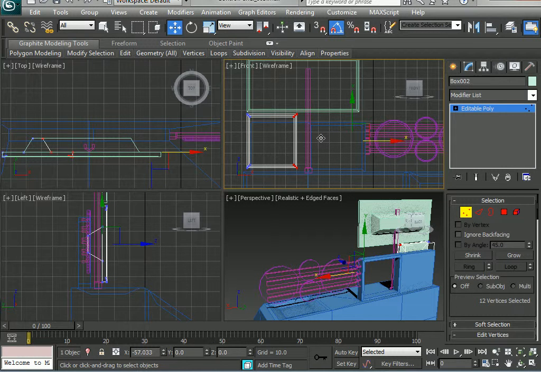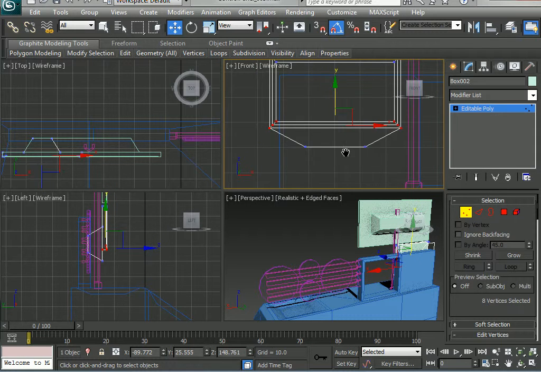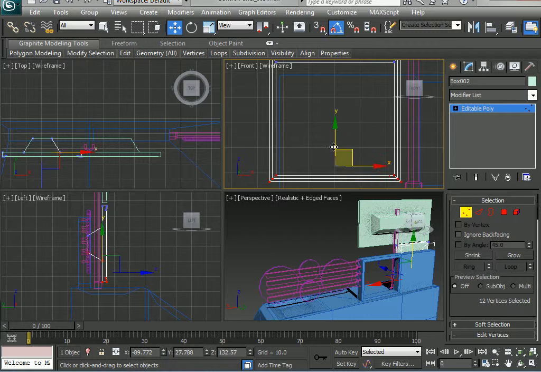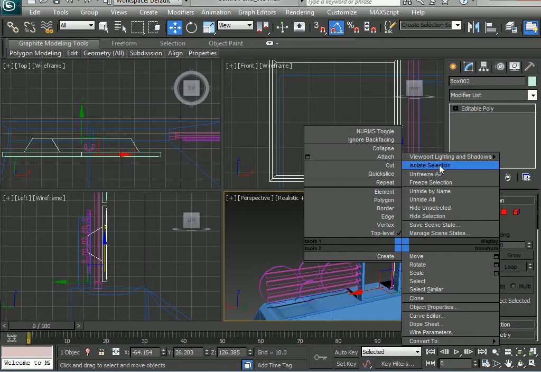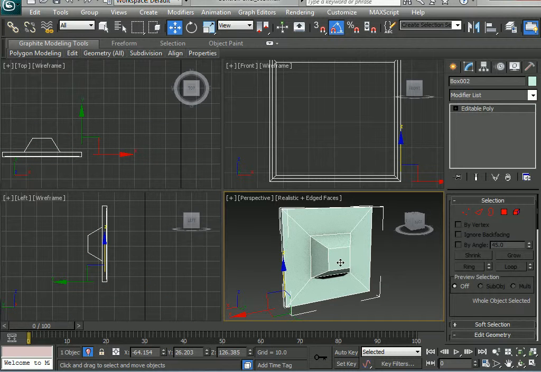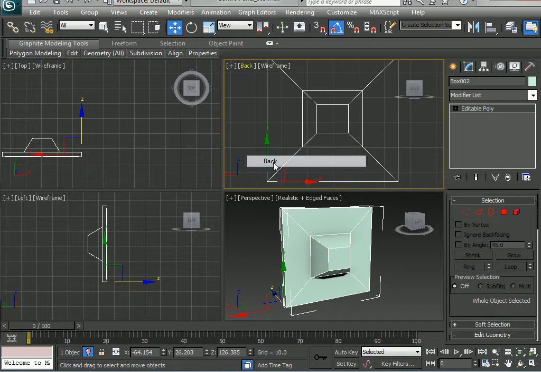We all make mistakes. Okay, so maybe give these the same thing there. Just going to Control Z to undo that. I'm making a mess of this. Isolate the selection there so I can actually see these guys. Now I'm on the front here, so I can't click here to go into the back so I can actually